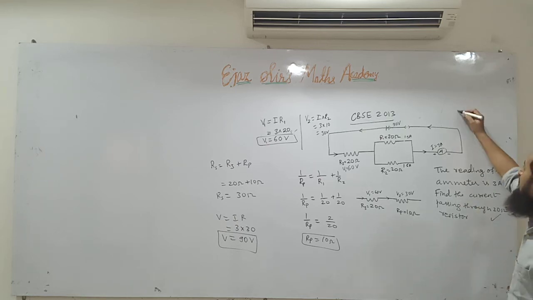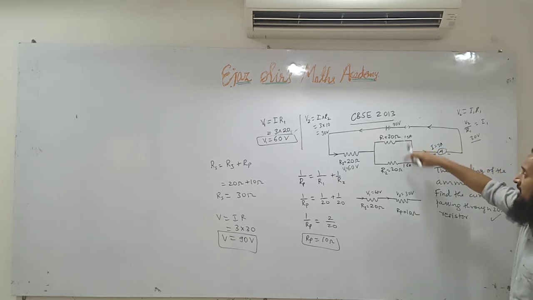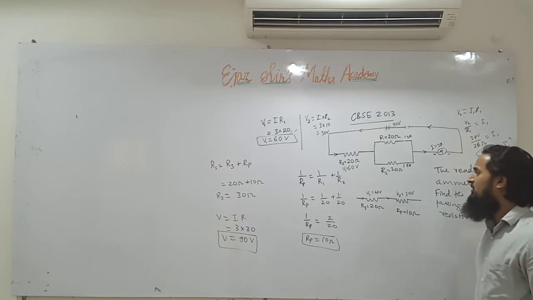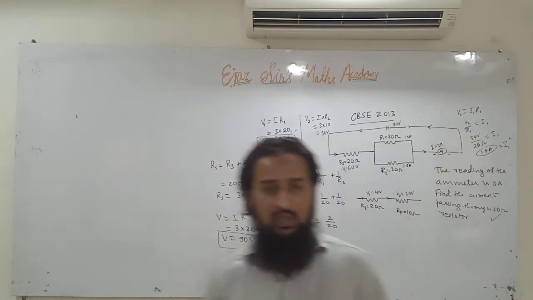Okay, and that will be V is equal to I1 R1. And how much is the voltage here? Here voltage can be written as V2. So we will write V2 upon R1 is equal to I1, and voltage is 30 volt. Here both will have 30 volt because both are in parallel. In parallel combination, voltage remains the same. So it will be I1, and 3 by 2 is 1.5 ampere. This is I1. And without solving also we can find out the answer by using logic.